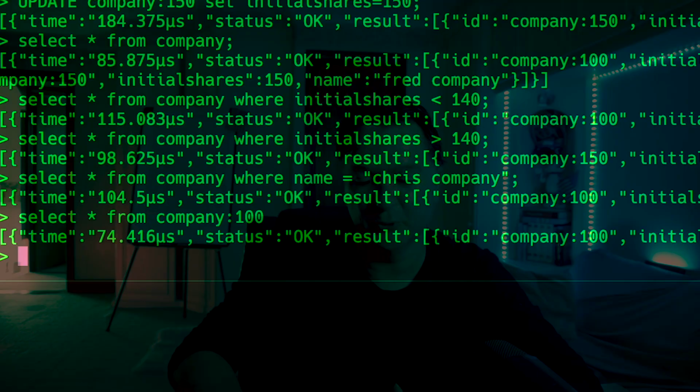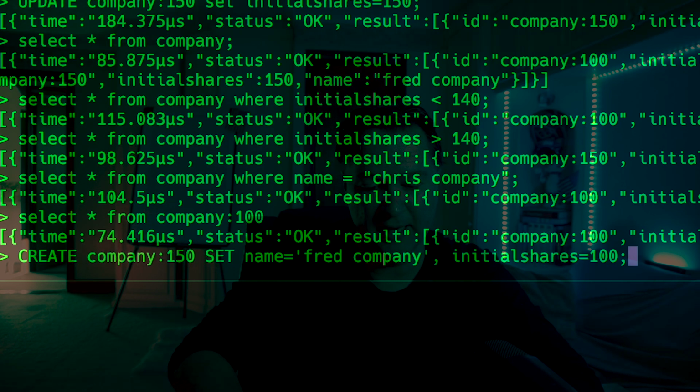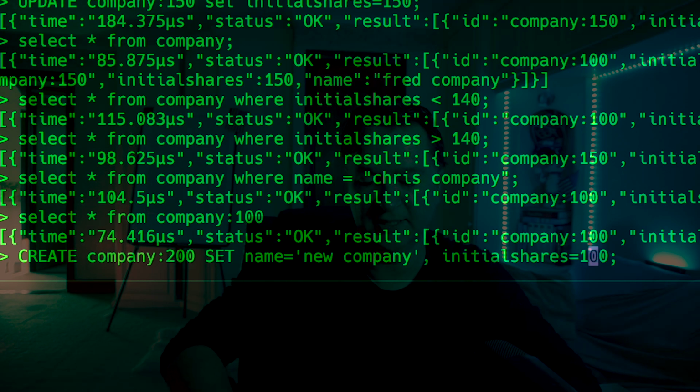So the next thing you probably notice about SurrealDB, which I think is really interesting, is that it automatically supports this sort of JSON type format as well. So what we're going to do now is actually expand that out so we have a sort of deeper structure. So what we'll do is we'll create a new company, and this time what we will do is set the office address, for example. So we'll have a company 200, and we'll originally call this new company. We'll give that maybe 500 shares to begin with.